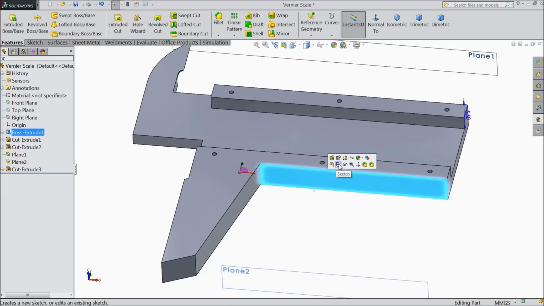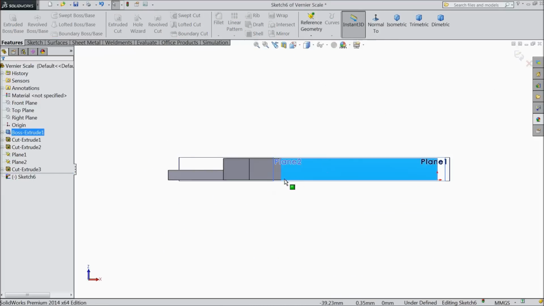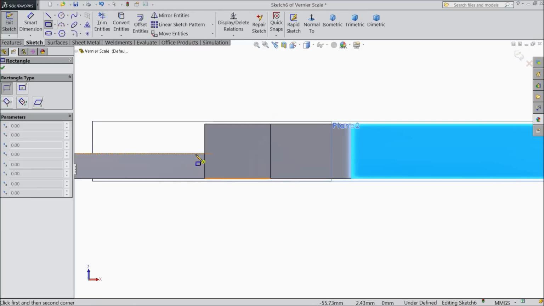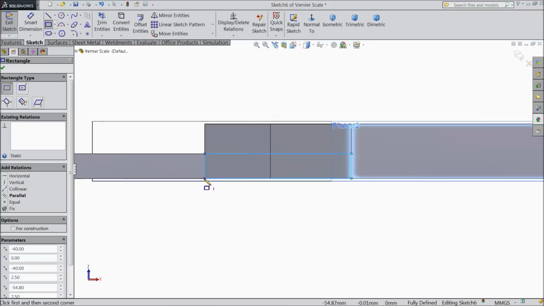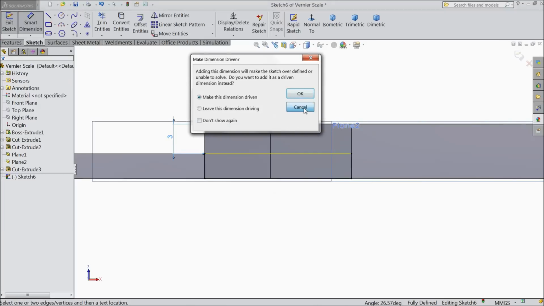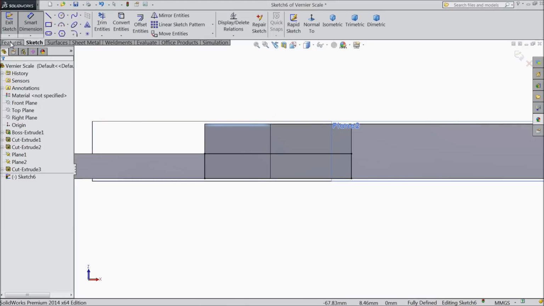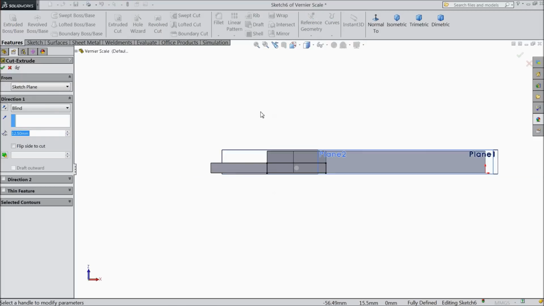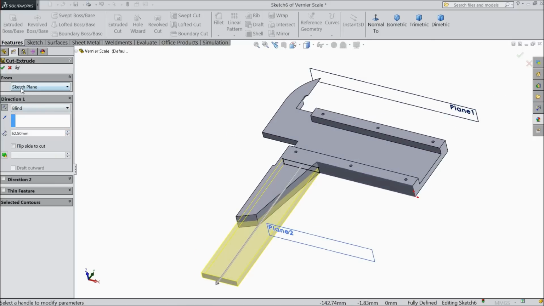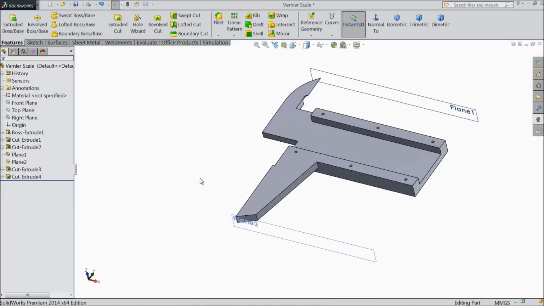now select this face, sketch normal. Now we want to cut something here. Choose corner rectangle and draw from this end up to here and keep the distance from here 3 mm. Okay, select extruded cut, choose reverse direction and we want to cut through all. Select OK. Now see,